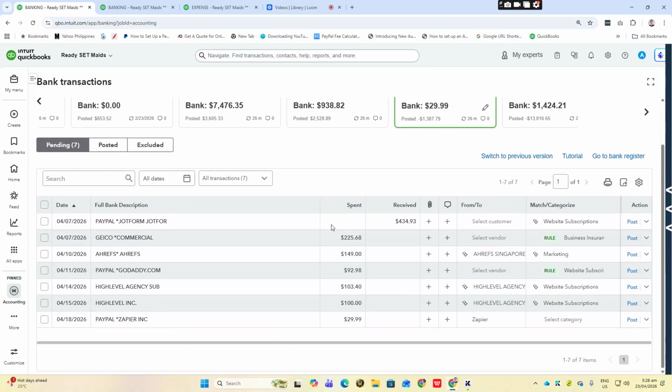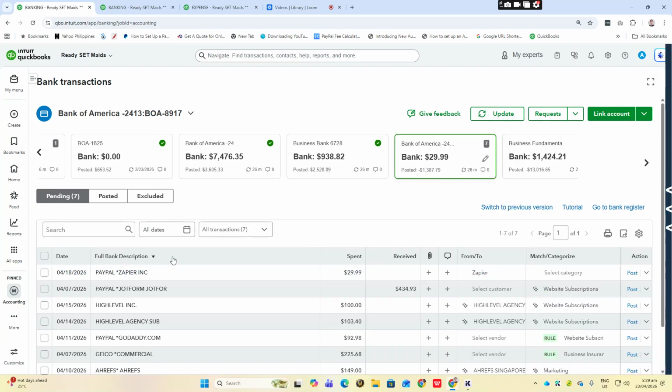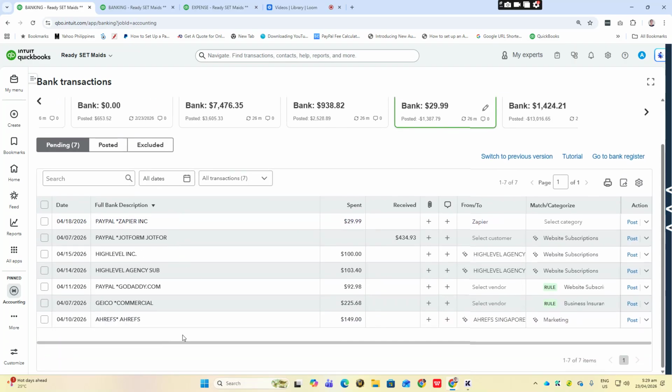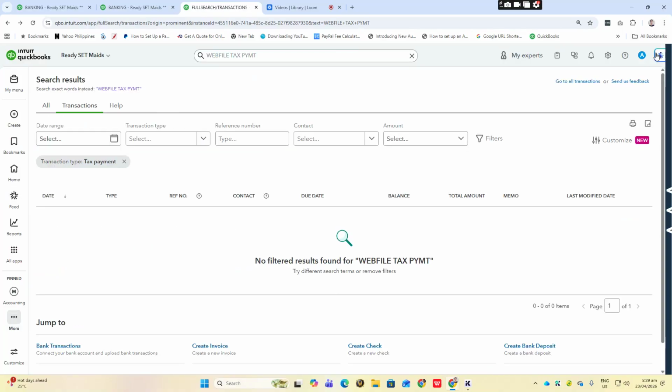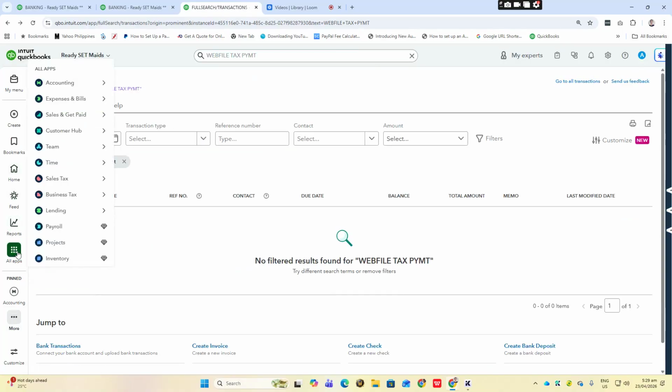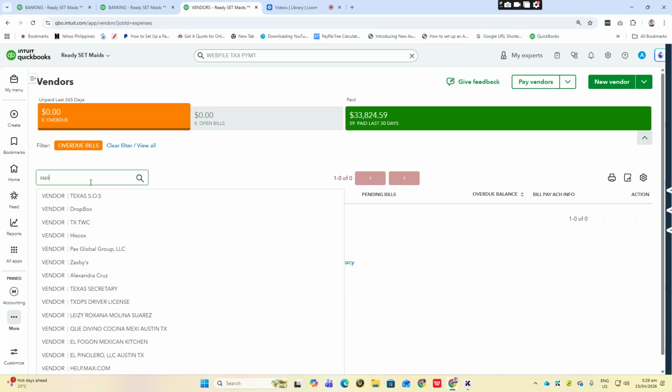Now, next is we have 2413. Now I'm going to group this one. And then go to vendors and Zapier.